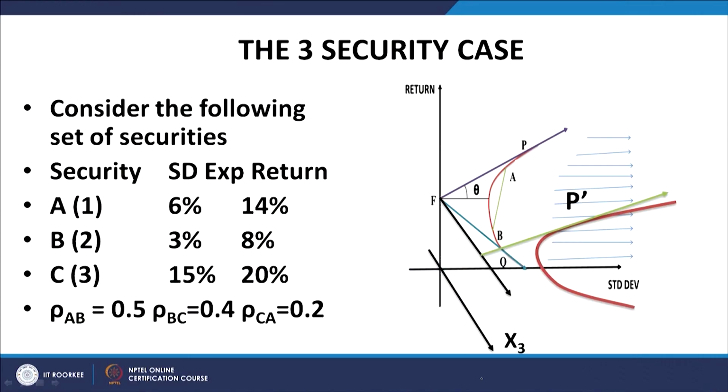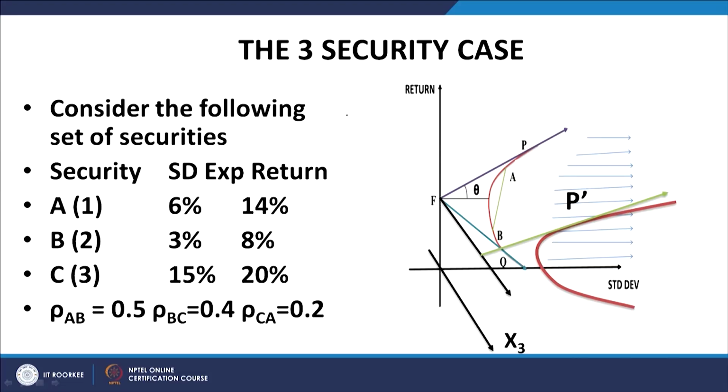An example of 3 securities case is on the left hand side of the screen. On the right hand side of the screen, let me explain this diagram. Let us say we have got A, B and C. Now, we have got 3 securities. So, the number of equations that we have in this case is 1 for sigma p square, having an extended expression. Then we have an expression for R p, that is 2. We have x 1 plus x 2 plus x 3 equal to 1. We have 3 equations, and we have x 1, x 2 and x 3 as our degrees of freedom.